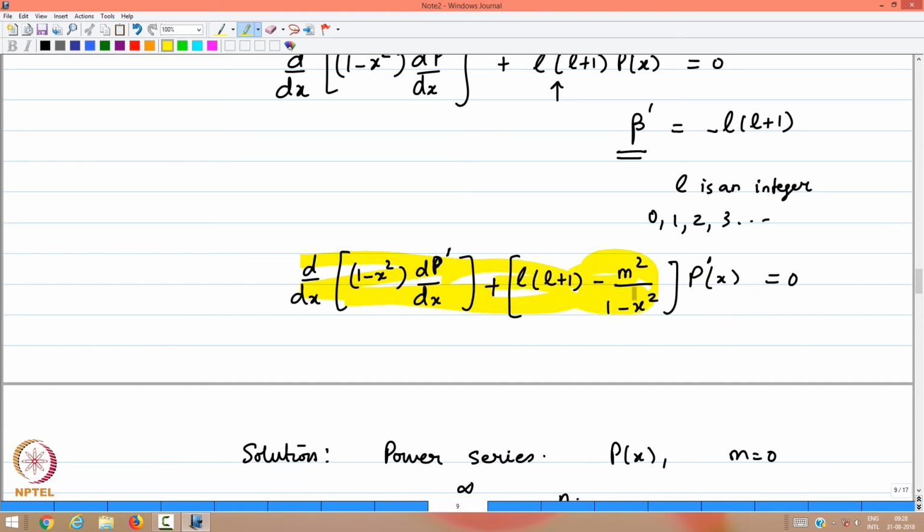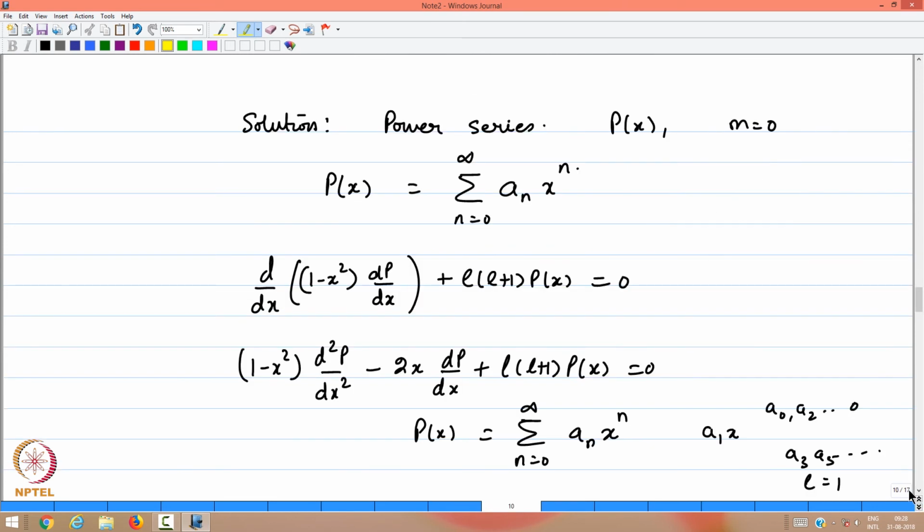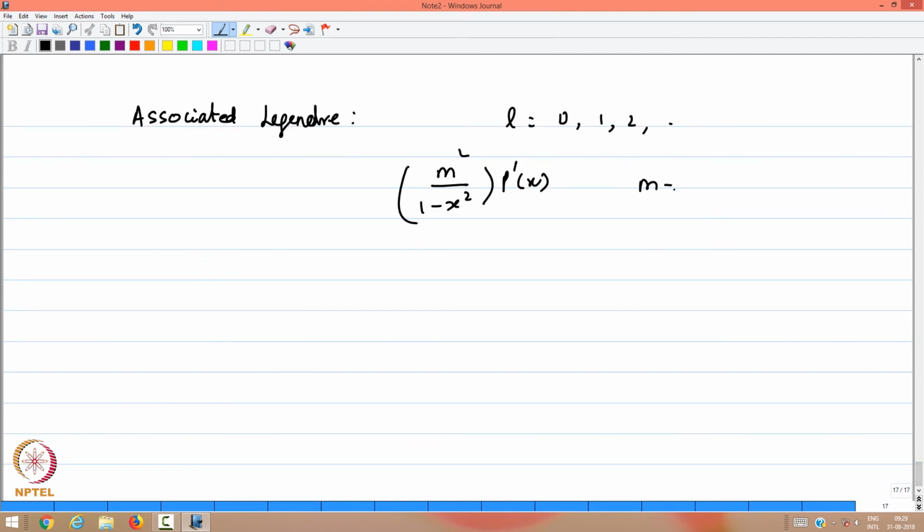Therefore, the polynomial now is indexed for one value of L and one value of m, and the same argument regarding termination of the infinite series to truncation and finite powers will ensure that m takes only those possible values, namely since m square is given, m equal to 0, plus minus 1, plus minus 2 until plus minus L. The plus minus is because m appears in this whole equation as m square. Therefore, both the signs are accepted. Therefore, m is going to take 2L plus 1 values